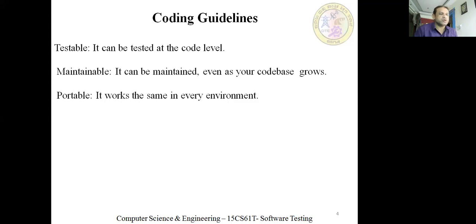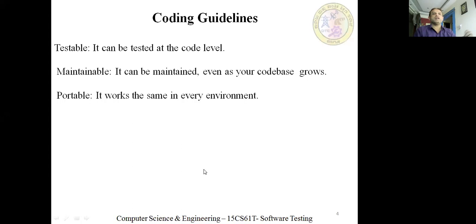If any problem or error occurs, you can go to that particular module and debug it. And you can easily identify, based on the SRS, the software requirement specification document, whether all the functions have been implemented or not. If any modification needs to be done, you go to that particular module and do it very easily. That is what you call maintainable.